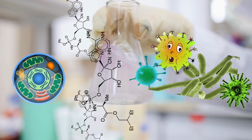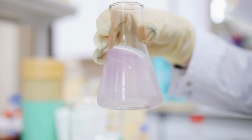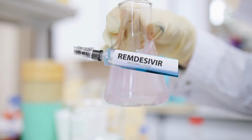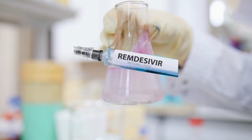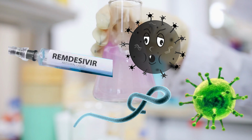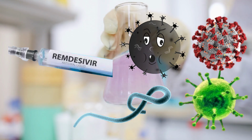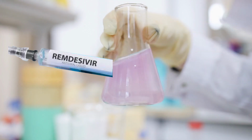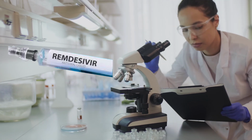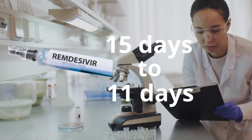copies of itself. Antiviral treatments have been used for other viral infections such as HIV. Remdesivir is one of those antiviral treatments that have been used for HIV, Ebola, MERS, and recently COVID-19. Although remdesivir has shown only modest results of decreasing the hospital stay from 15 days to 11 days, a novel